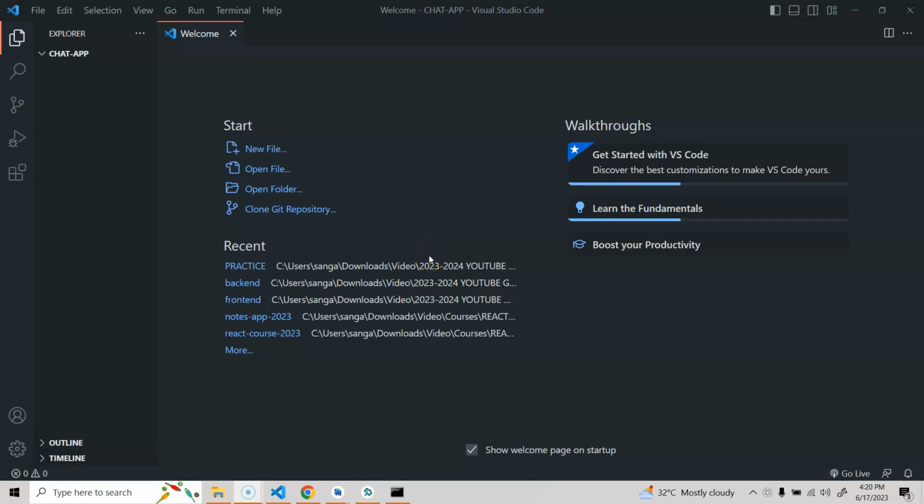Alright everyone, so let's get started. You can see that I created an empty folder here. So here I'm going to create two more folders. One will be for backend, and another one, we need to create the